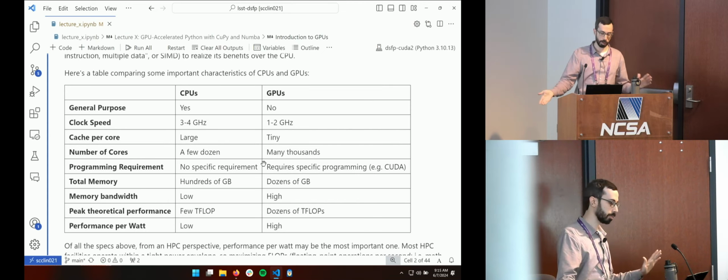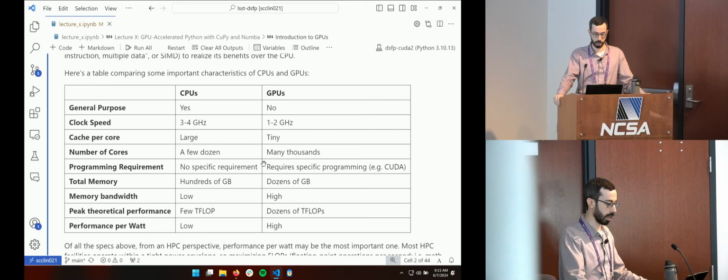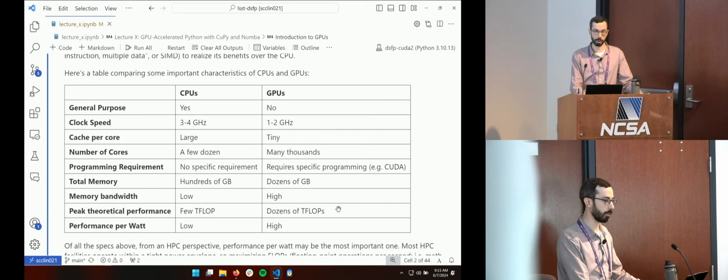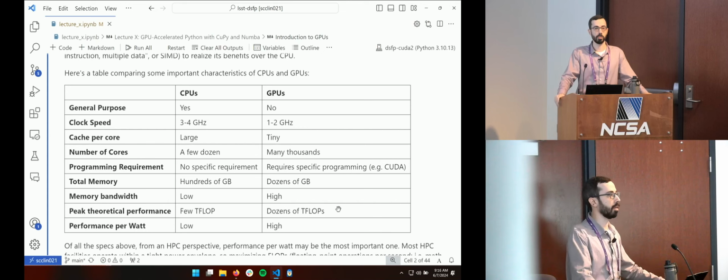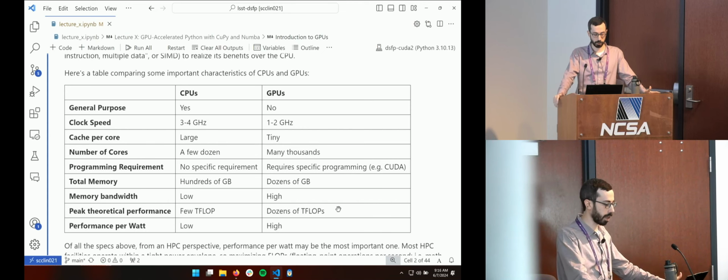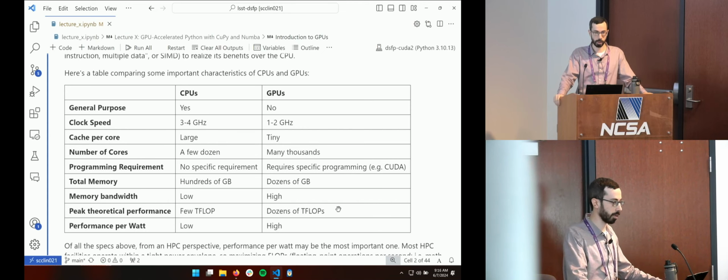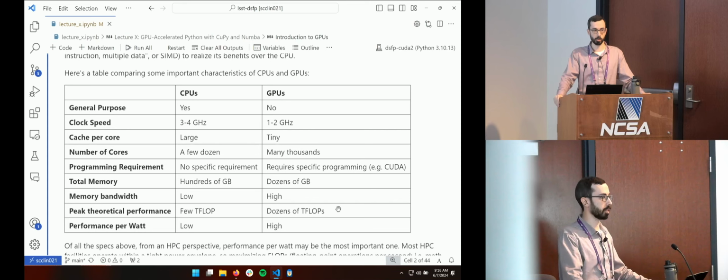GPUs have less memory than CPUs, but the memory bandwidth is better, but the total compute rate, which I'm calling T-flops here, or trillions of floating point operations per second, can be much higher than the CPU. And also, one characteristic that's a little bit underappreciated about GPUs, but is maybe the most important one for a high-performance computing